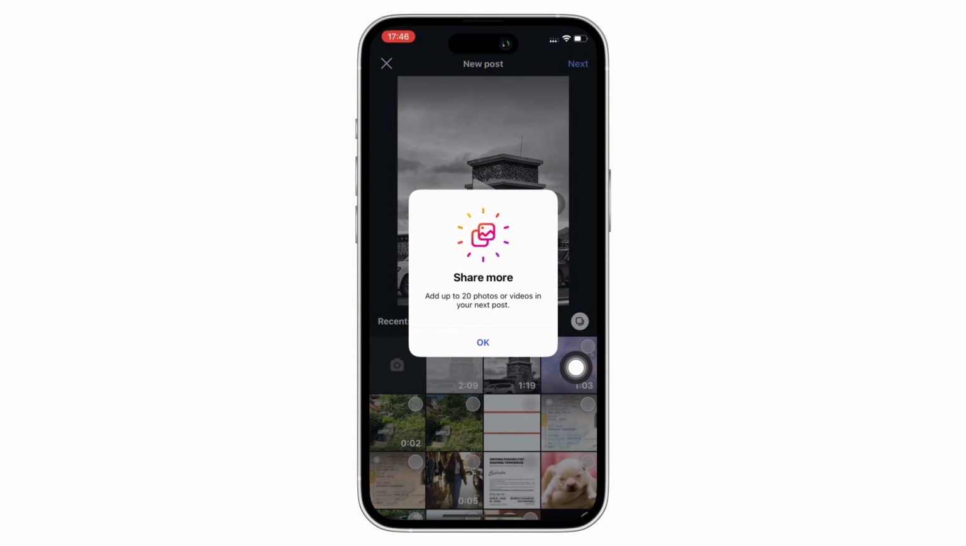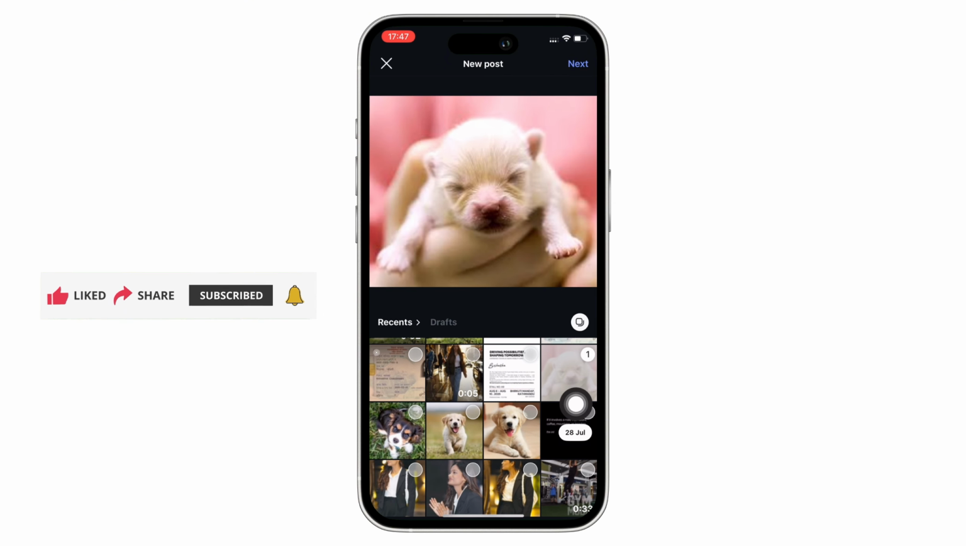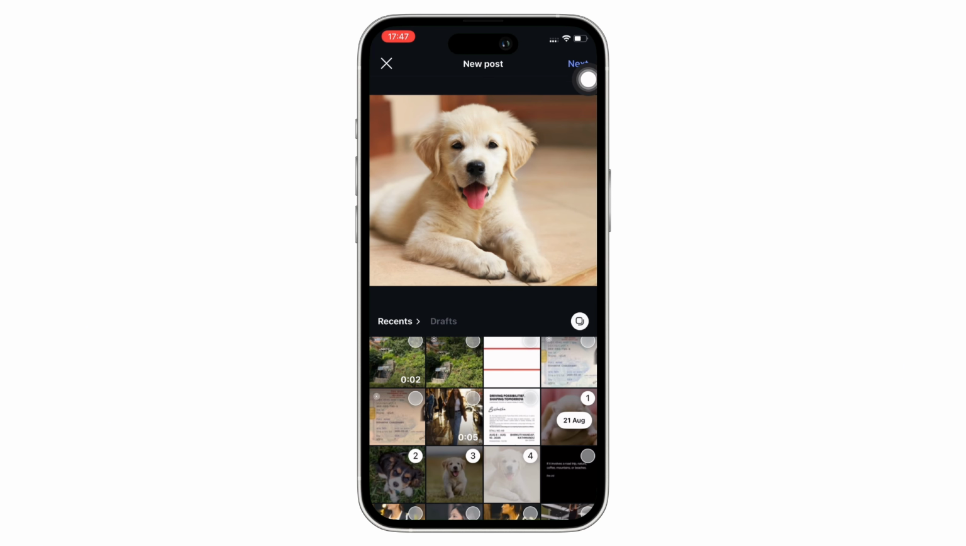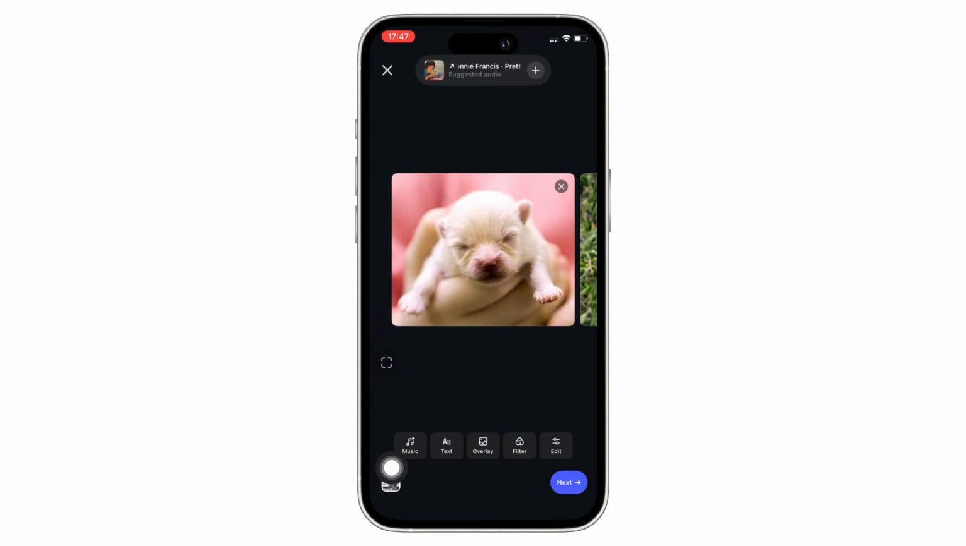Once tapped, here as you can see, you can add up to 20 photos or videos in your next post. So Instagram allows you to add up to 20 photos for one post. So tap on the OK option you see there and further go ahead and select the pictures that you want to post. Once selected, tap on Next and in the interface that you will then be led to, go ahead